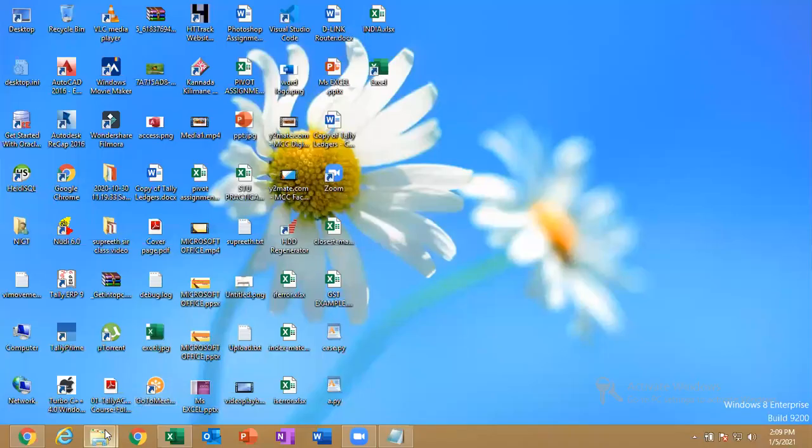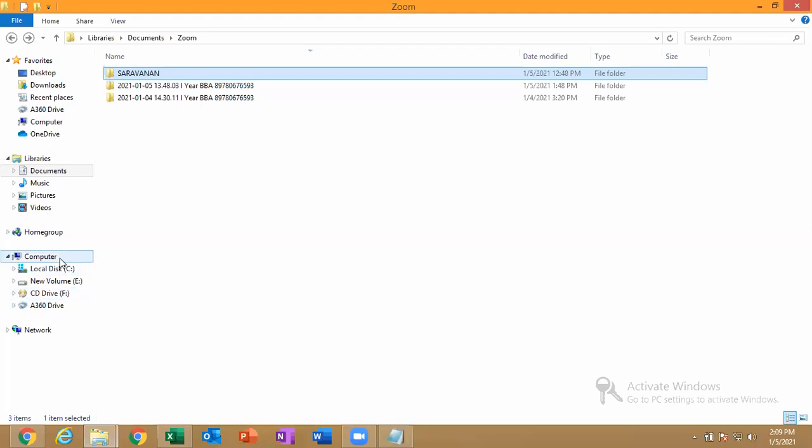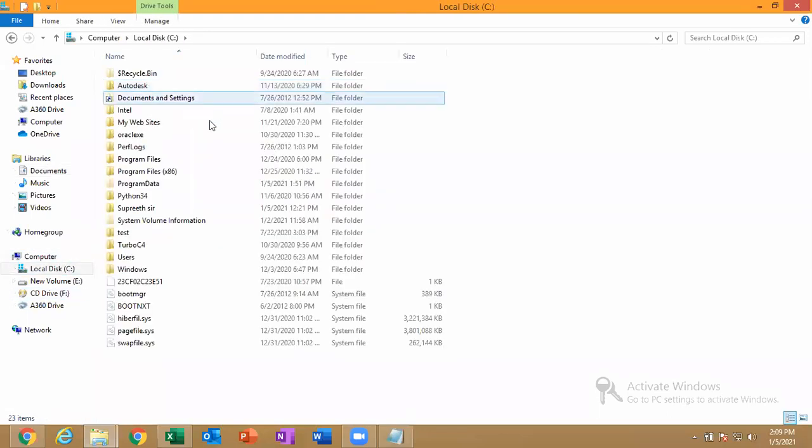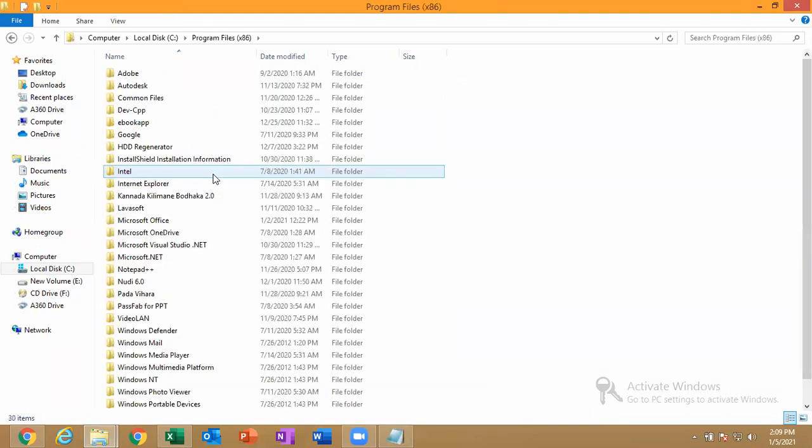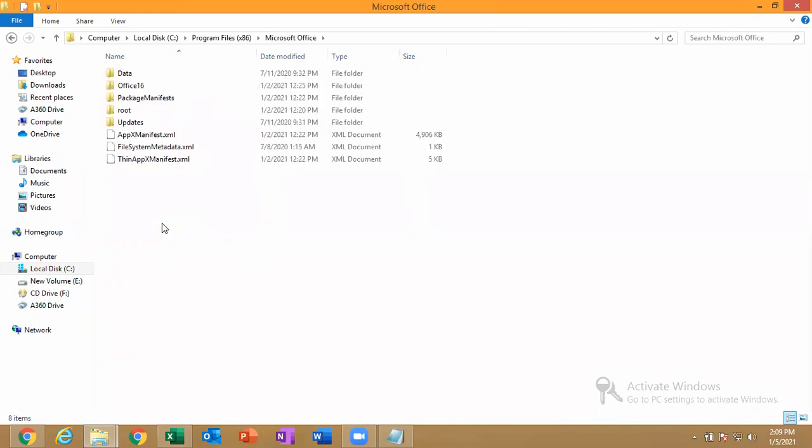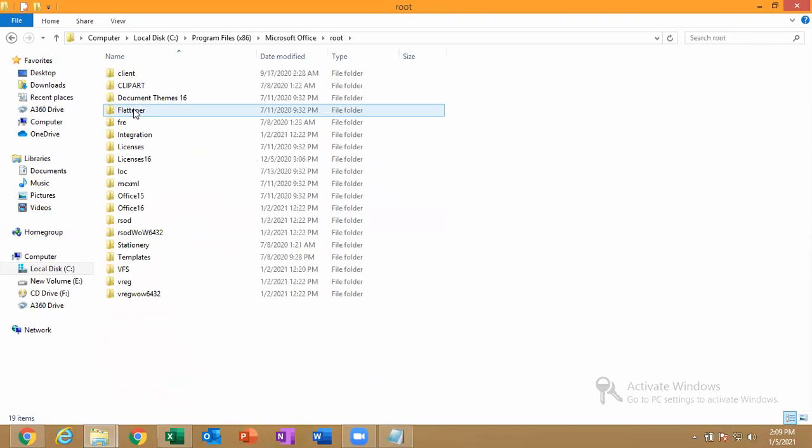Or else, a very simple method I will tell you. Follow that. Open my computer. Go for C drive. Go for Program Files 86. Then go for Microsoft Office. Go for root.